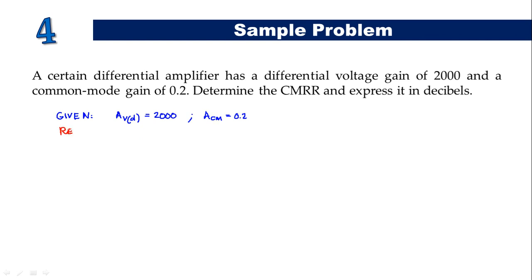Then yung ating required sa atin, kunin yung ating CMRR, and then kailangan din yung CMRR in decibel. Ayan. So, ang solution natin diyan, formula natin ng CMRR is CMRR is equal to yung ratio ng ating